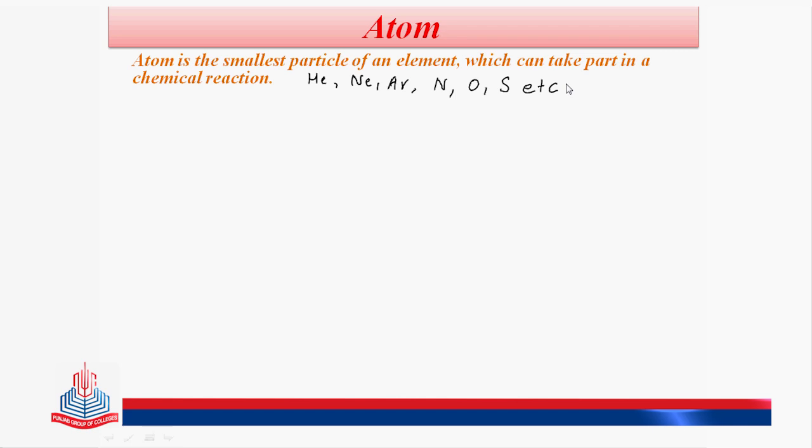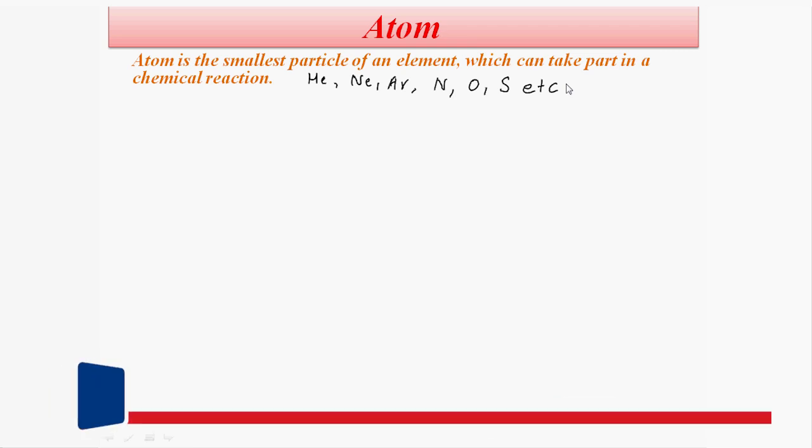We can say that the atoms of hydrogen, oxygen, nitrogen, fluorine, etc., do not exist independently. Whereas helium, neon, argon are monoatomic gases. We can say that their atoms can exist independently. So we can say that an atom may or may not exist independently. यहाँ पर हमारे पास दोनों तरह की examples मौजूद हैं. Oxygen, nitrogen, hydrogen, their atoms do not exist independently, whereas the atoms of helium, neon, argon are monoatomic gases and their atoms can exist independently.